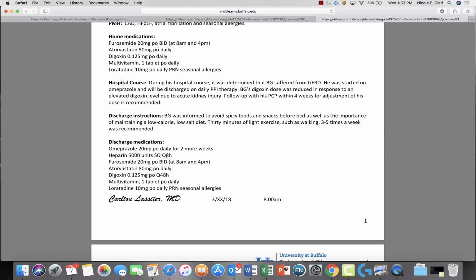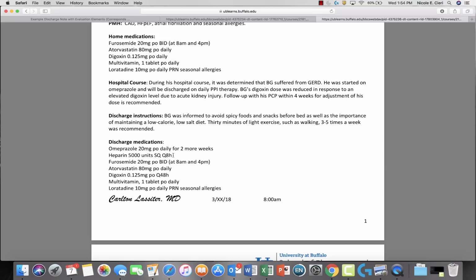So as a pharmacist, you should be evaluating this in addition to other things and the discharge medication list. So was anything new started on discharge? Were any of the changes that were implemented carried through to discharge medications? And then were any of the inpatient medications that should only be as an inpatient, you should make sure that